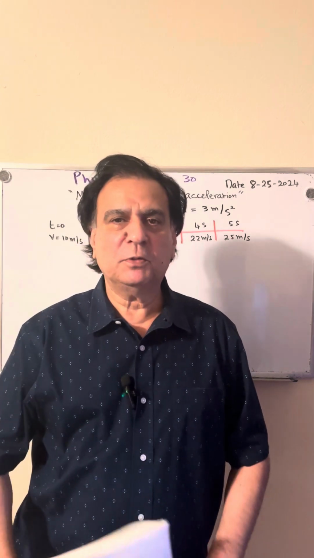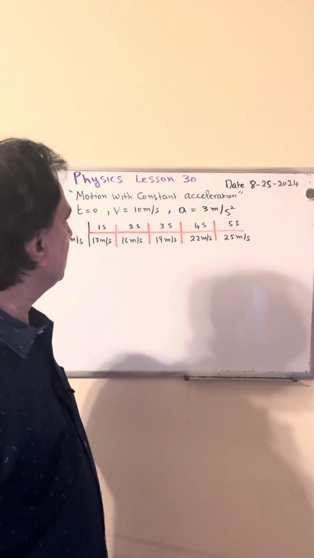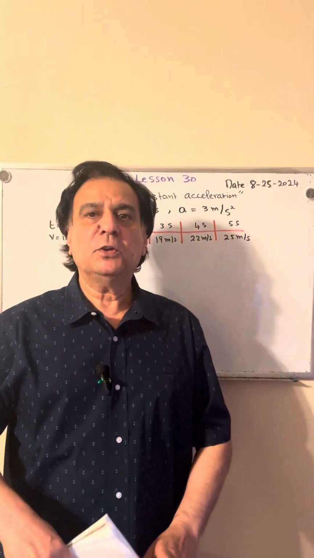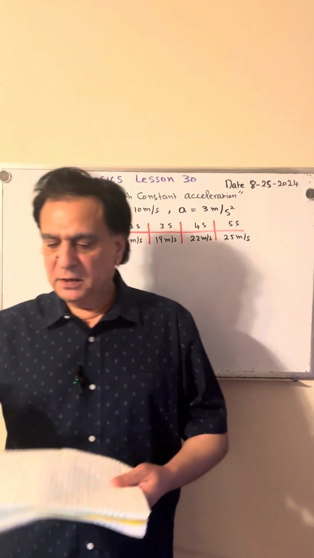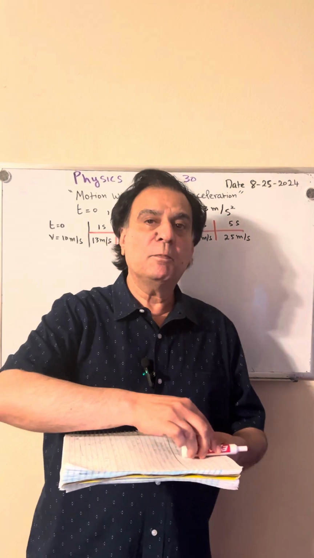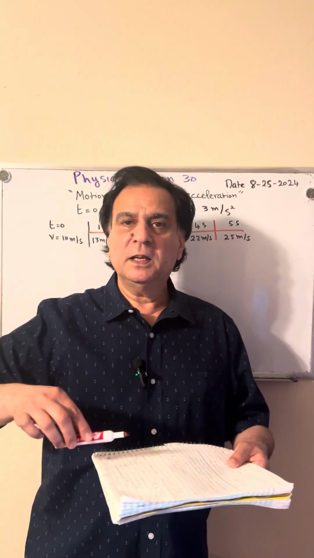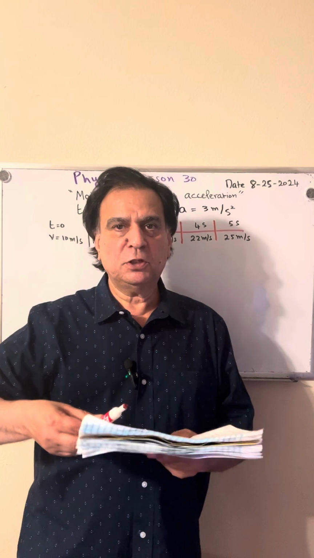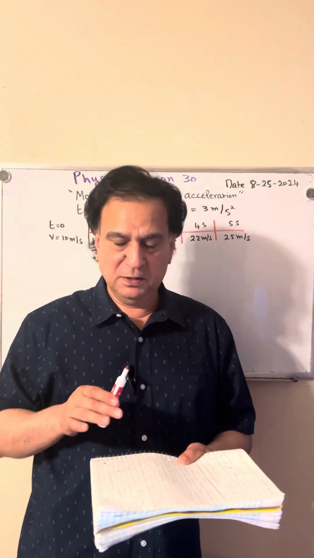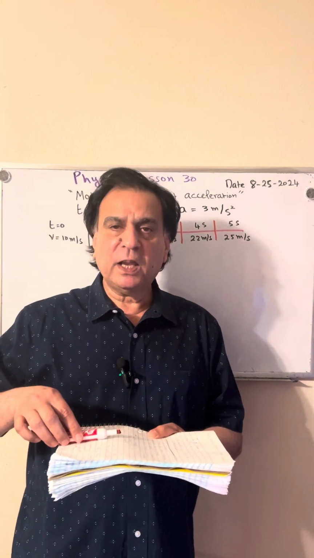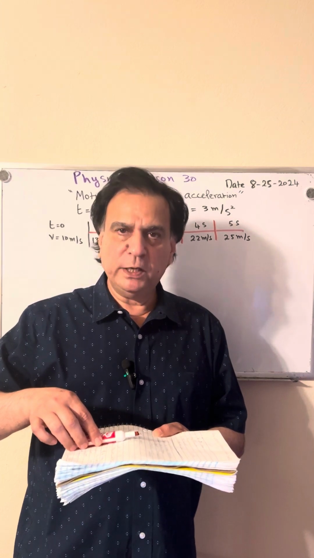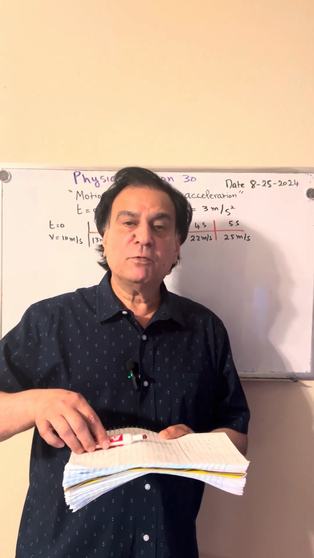My topic of discussion today under physics, lesson number 30, is motion with constant acceleration. In other words, if you are driving a car and going at the same speed, this is uniform motion. There is no acceleration. You're just going at 20 miles per second throughout the trip. You did not accelerate. However, if every second you're accelerating 3 meters per second square, that means you have constant